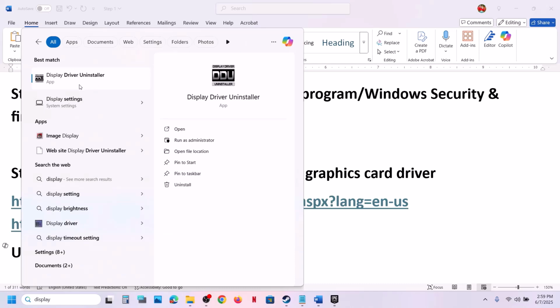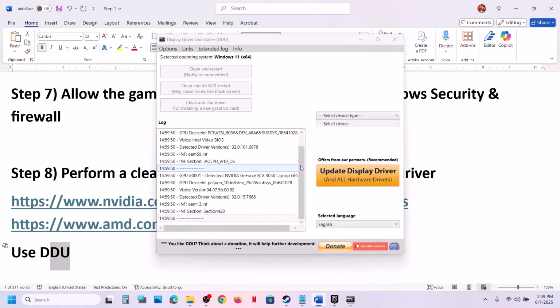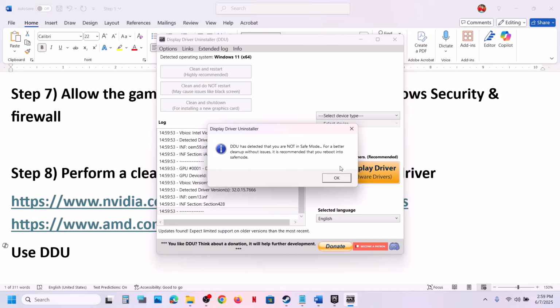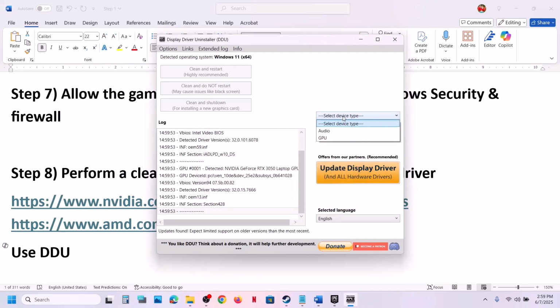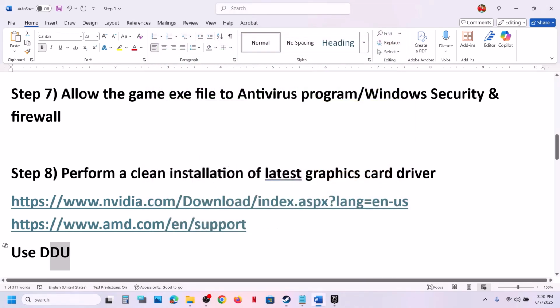Driver Uninstaller. If you don't have it, you can search in Google for Display Driver Uninstaller. You can install it from Google, and once you have it installed, you can launch Display Driver Uninstaller and select the GPU. If you have an Nvidia card, then select Nvidia. If you have AMD, select AMD, and then go for clean and restart. Once clean and restart is completed, you can install the latest graphic card driver from the Nvidia or AMD website